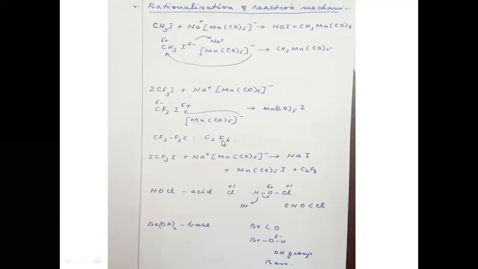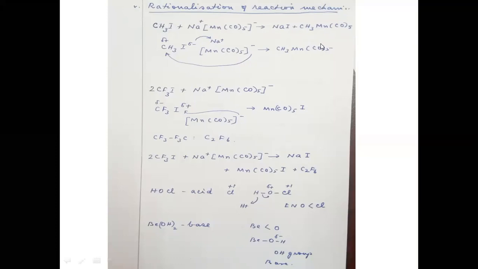And the last application, I think, is in the proposal of reaction mechanism. There is an application of electronegativity. Sometimes we may not understand what happens in the reaction. This is the reaction which we have already seen. Look here, methyl iodide plus the complex sodium plus MnCO5 minus, the carbon monoxide manganese complex. When this is reacting, you are getting sodium iodide. This CH3 is substituted here,